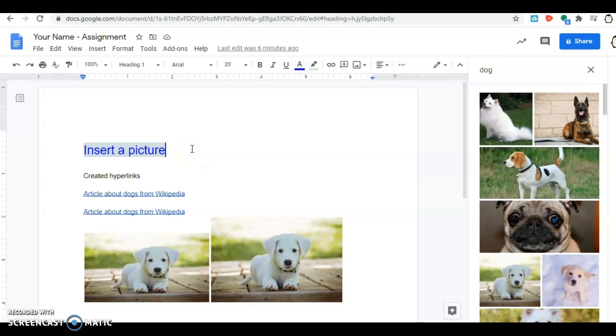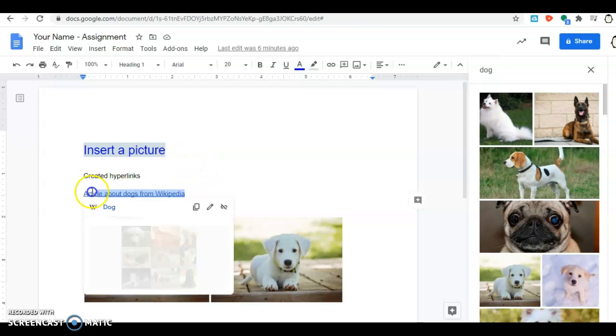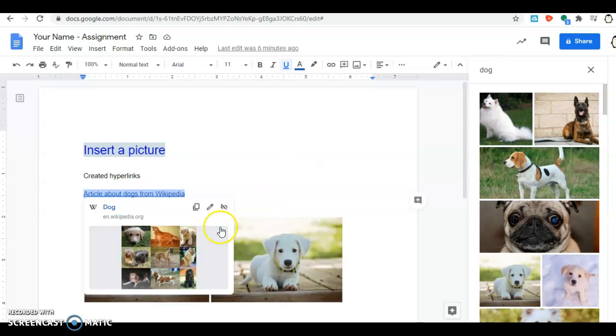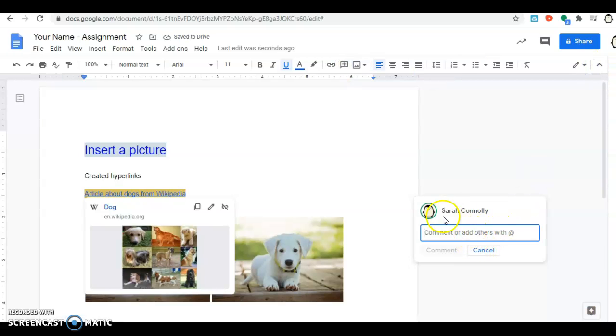Let's say your teacher wants you to insert a comment, right? You're commenting on this article about dogs. As you can see, when I highlight it, it kind of shows up a little bit, doesn't it? That kind of lets you know, oh yeah, that's what that looks like. It's not going to show up that way for when you turn it in, but it'll show up that way for you so you know what it is. If you click here, add comment. Okay. Oh look, it has me because I'm logged in, and you can say, I am adding a comment here, right? If you click the blue comment button,